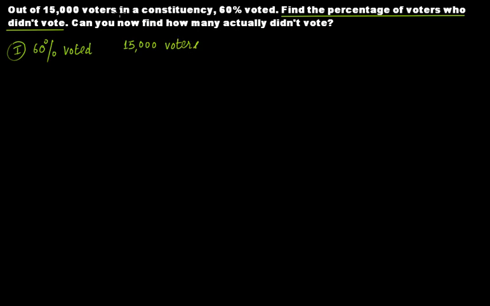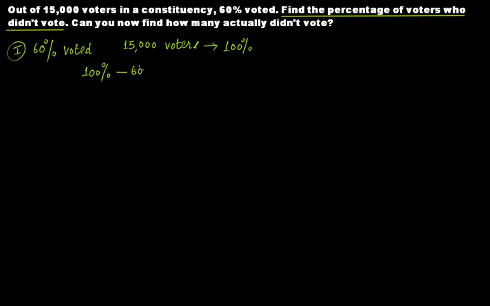of the given constituency represent what? They are 100% voters of that particular constituency, right? Imagine that in a particular city or in a particular constituency, there are only 15,000 voters. So registered 15,000 voters. It means that this is actually the 100% of voters present in the constituency. Okay. So if of this 100%, 60% voted, then of course if we subtract